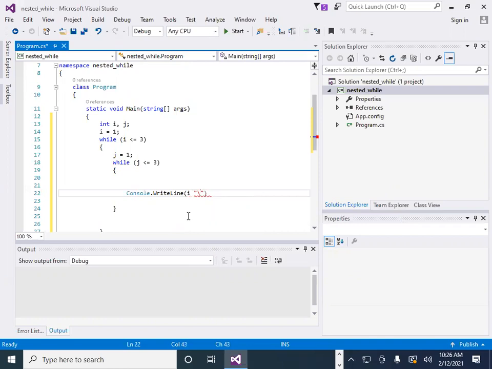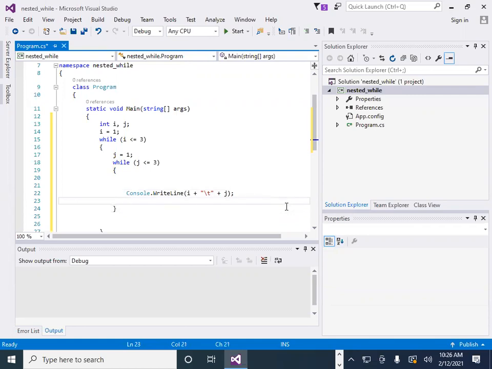For spacing we use backslash t and here we concatenate it by using plus j, end with a semicolon. Okay, so here we print the value of i and j.